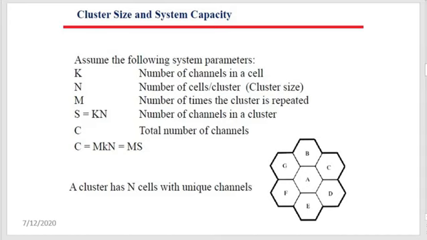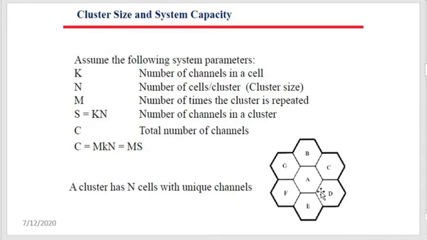Okay, now I have this many areas to cover. So what I will do, I will give 30 channels to this, 100 channels to this, 40 channels to this, in such a manner that the sum of all the channels will come out to be 600. Point is clear? And then we say that this is one cluster.